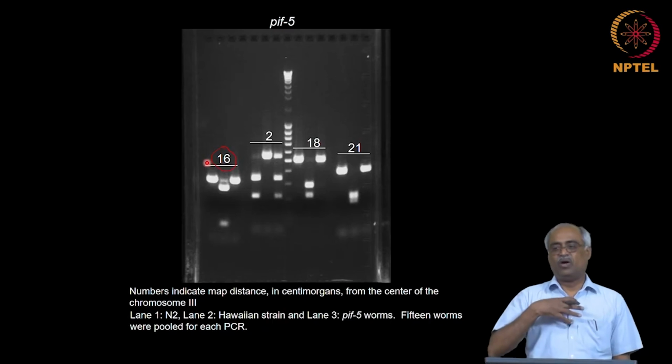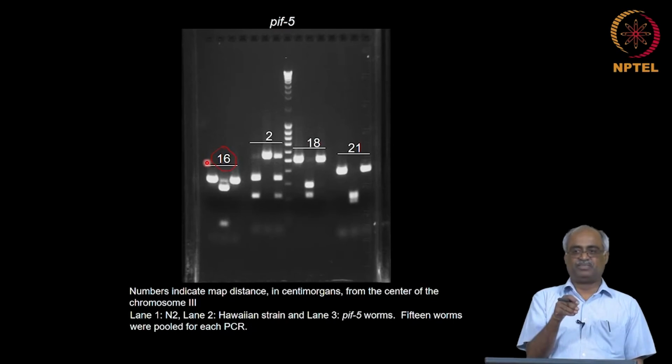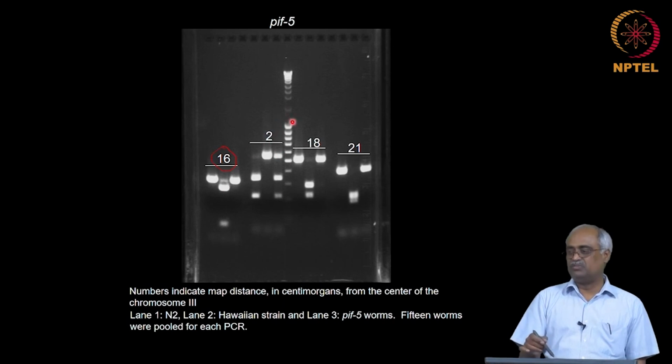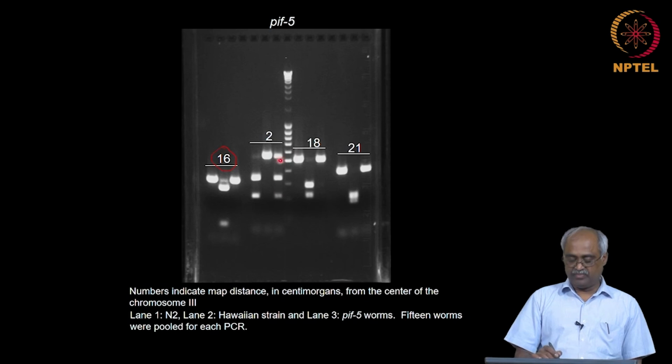If I took a large enough number that I accommodated a few worms in which recombination is possible, then I might get a mixture, as you see for chromosome 2 here, position 2, same chromosome here. At marker position 2, N2 gets cut into 2. In this SNP, N2 gets cut, not the Hawaiian. So this will vary depending on the marker. And in my mutant, I am seeing both versions.